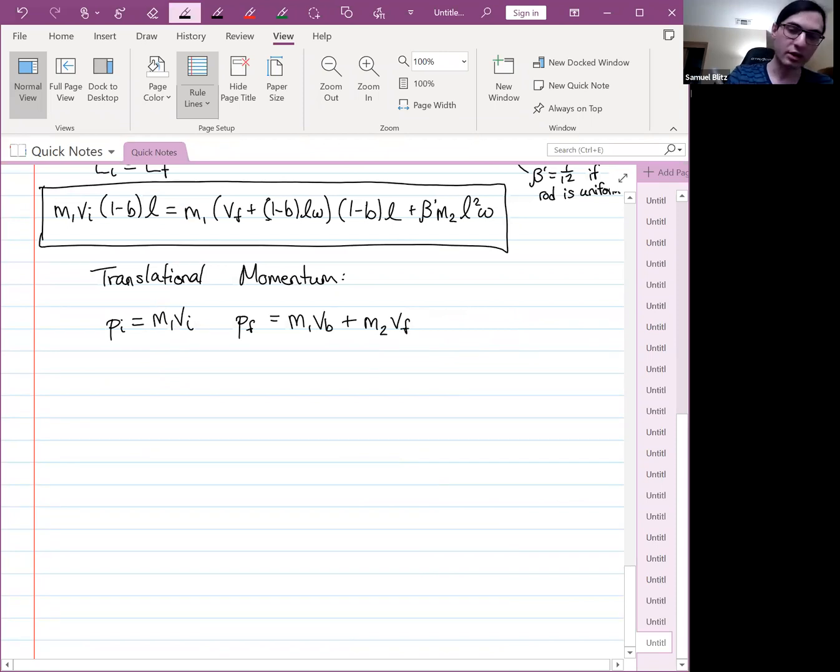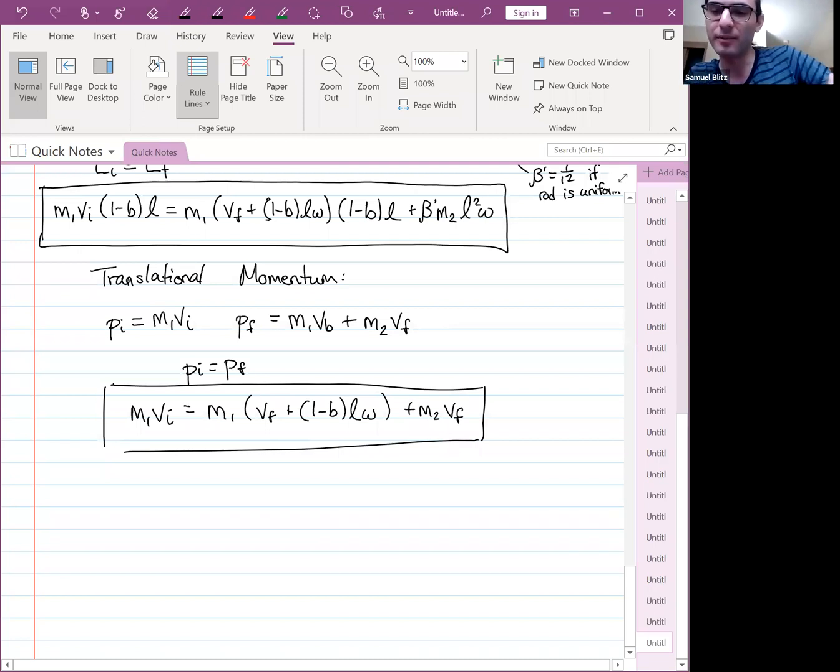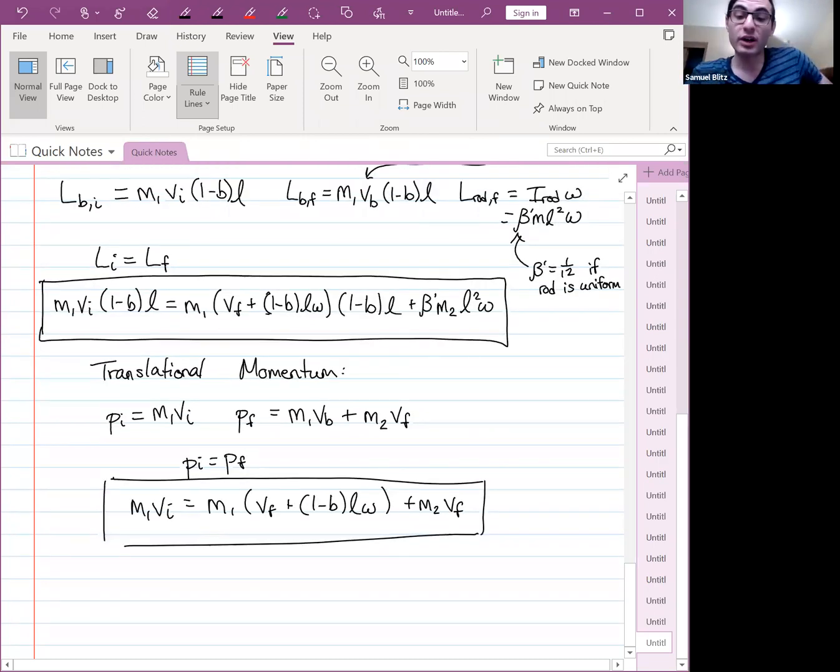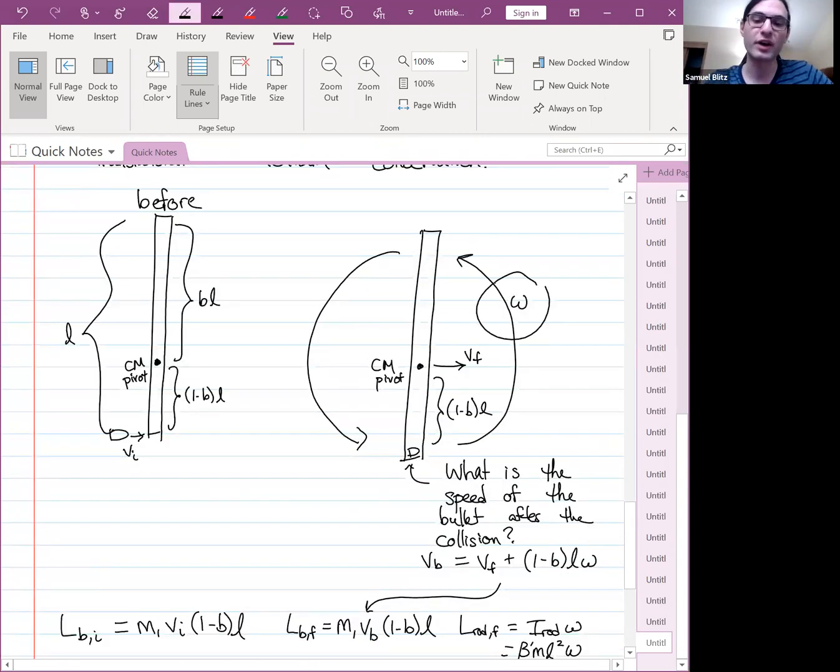Okay, so then the momentum conservation equation becomes m1 vi equals m1 vf plus (1 minus b) L omega plus m2 vf. All right, two equations, in principle two variables. And so what are we left with? By the way, all of the variables that I'm talking about, assume everything is given except the final speed, or the final angular speed and the final velocity,